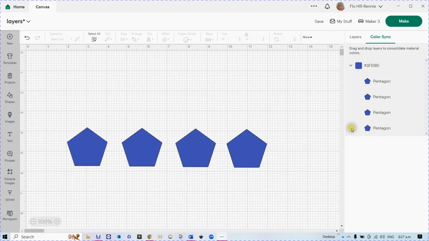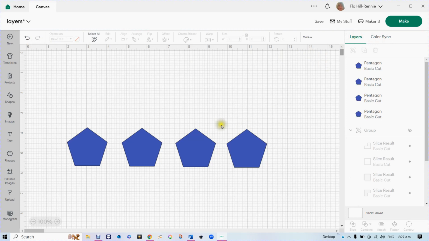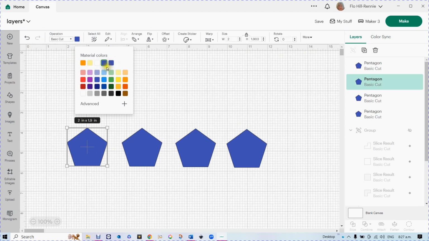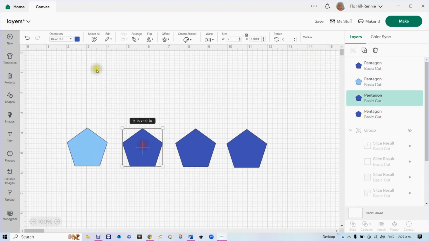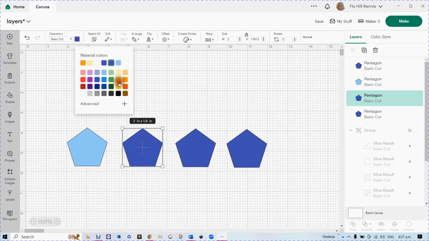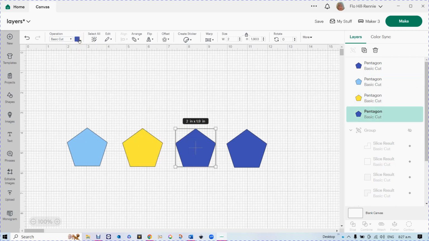So now they're all there. Now, if I undo that, it's taking an awful long time to undo these days. Right. I think it's going to probably be quicker if I just colour them again and show you another way of doing it on the